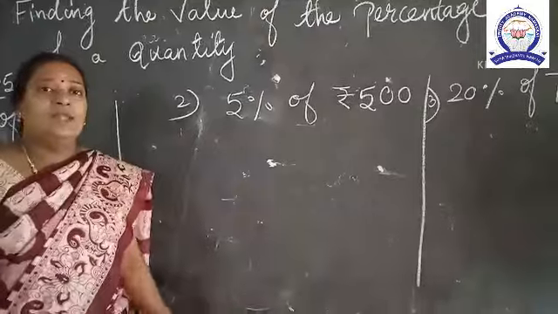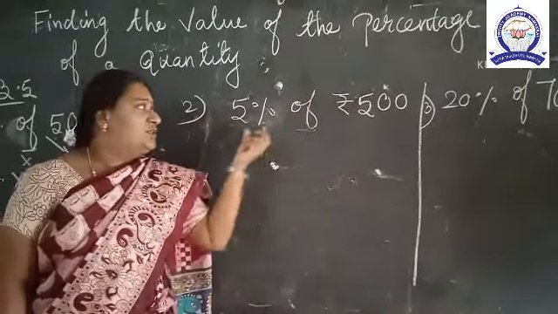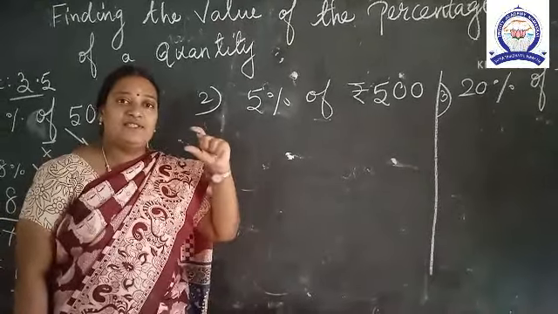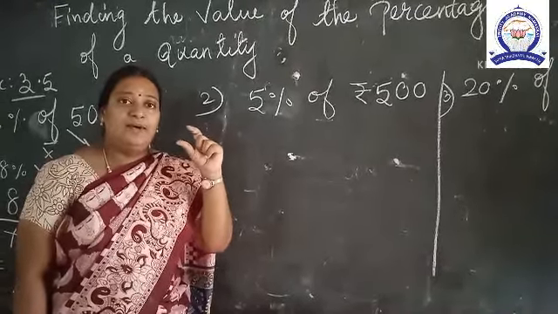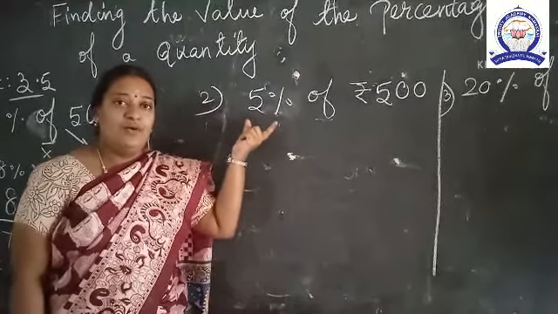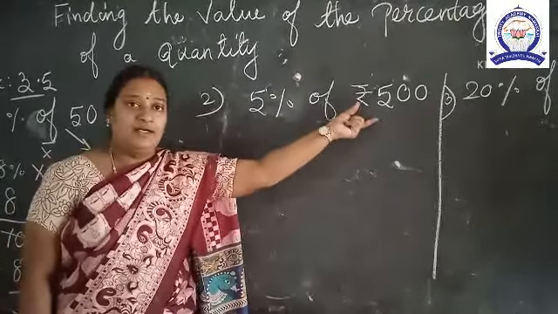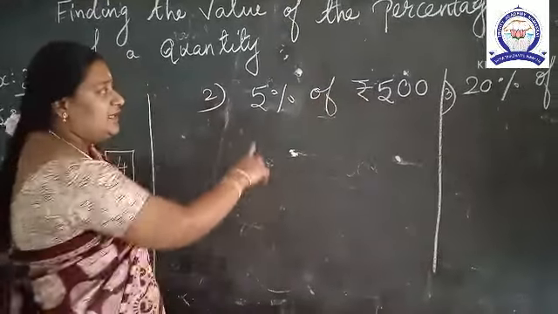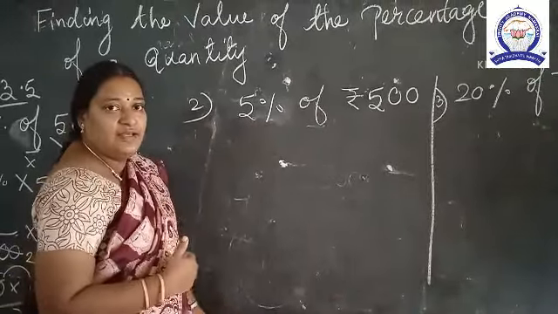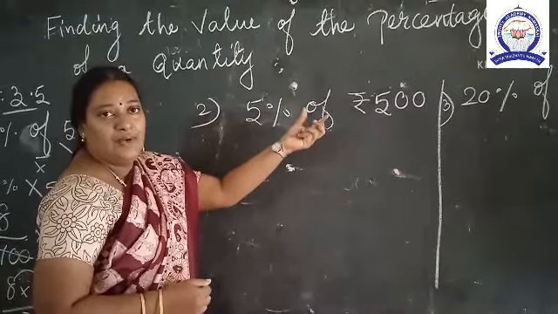Okay? Next sum, 5% of rupees 500. So suppose if you are going for shopping, அதுல 5% discount கொடுத்தாங்க உன்னோட ட்ரெஸ்ஸுக்கு அப்படினா எப்படி வந்து கண்டுபிடிக்கிறது? 5% discount of your dress, that is cost rupees 500 அப்படினா எப்படி கண்டுபிடிக்கலாம்? Listen. So 5% of rupees 500. அதோட நீ எவ்வளவு பே பண்ணா போதுங்கறத கண்டுபிடிக்கலாம்.